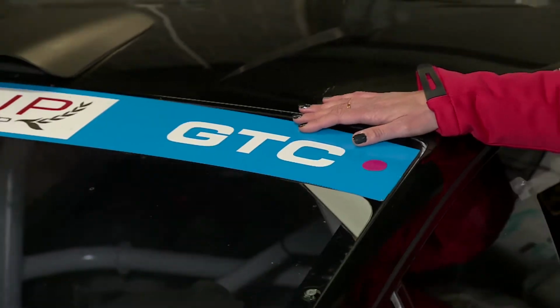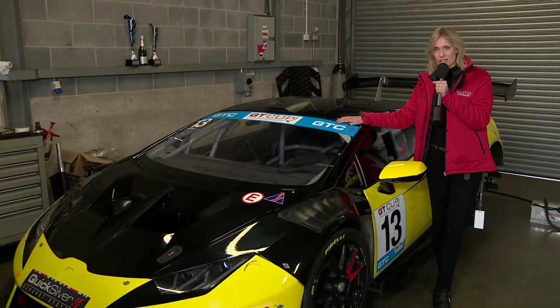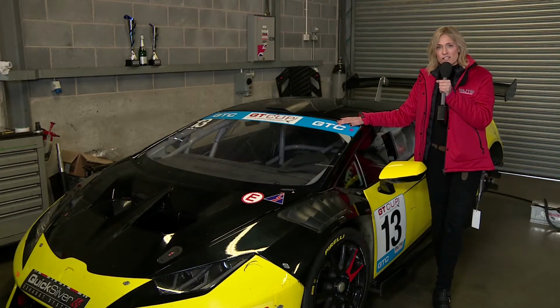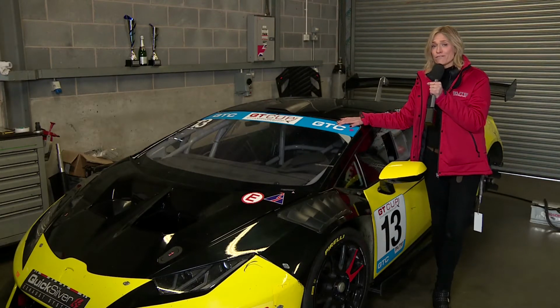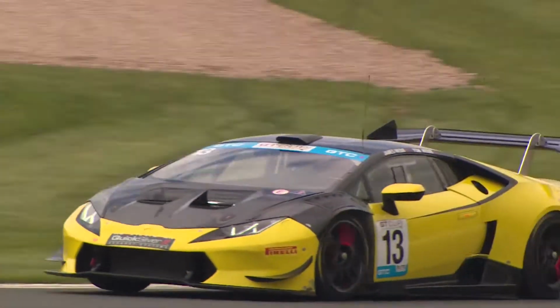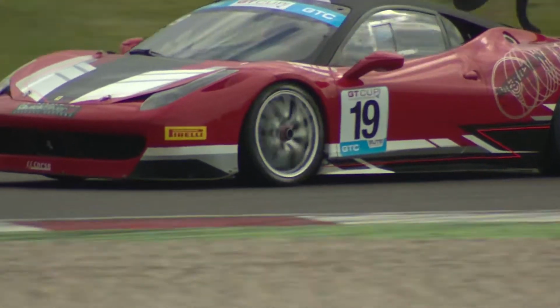The GTC group includes later model Challenge and Cup specification cars with performance balancing where required. This group allows a maximum BHP of 475. The group features cars like this, the Lamborghini Huracan of the Webb brothers and the Ferrari 488 Challenge from